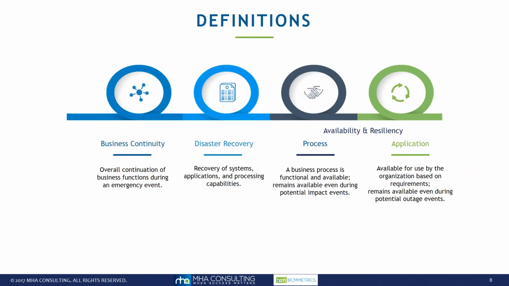So just to make sure as we're talking, when we think of business continuity, that's really the business functions. And then as a subset of that is disaster recovery, which is the systems and processing. When we're doing BIAs and talking about these various recoveries, we want to focus on what process is being recovered and making sure that's appropriate. And then from an IT perspective, we're focusing on all the applications used for the process to be functional again.